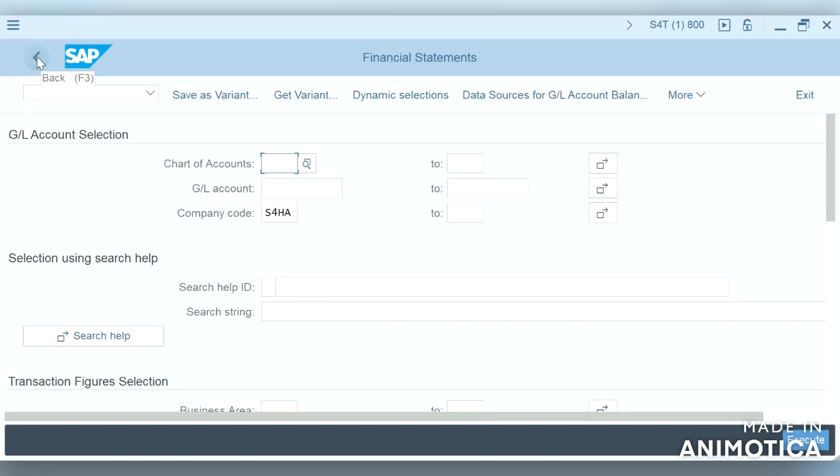So this is how we use the company code. If you have any more ideas of how we can use the company code, please let me know in the comment section. And also please let me know whether discussing each topic daily in simple terms will be of more value to you or not.